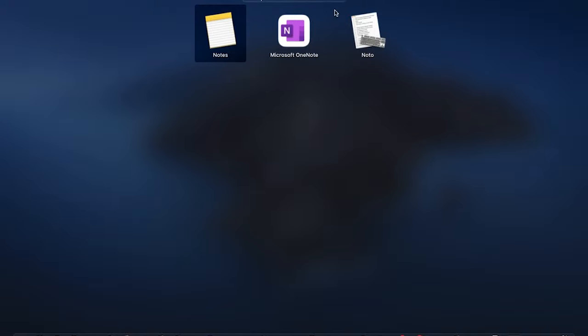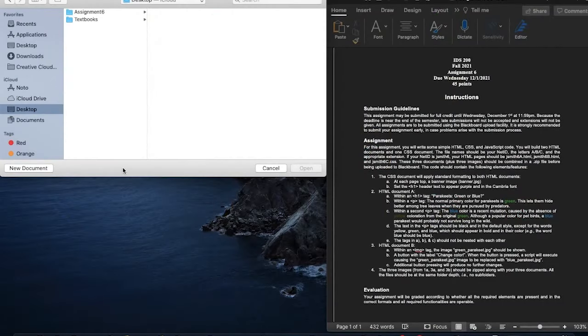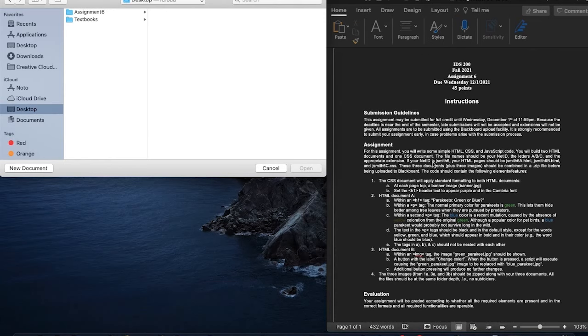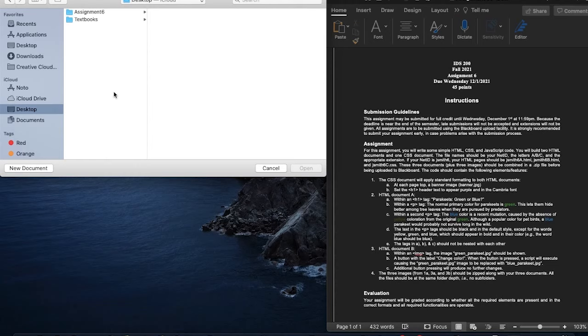So if you prefer to just follow along with me, do go ahead and download this off the App Store. The reason I'm doing that is because on Mac you obviously don't have the Notepad app, so you have to use a different kind of app in order to save your HTML files. This one I find pretty much the best, or at least it's the one that I found fairly easy. It's the one that the App Store recommended me. So once you get that started, we're going to get started here with the first step,